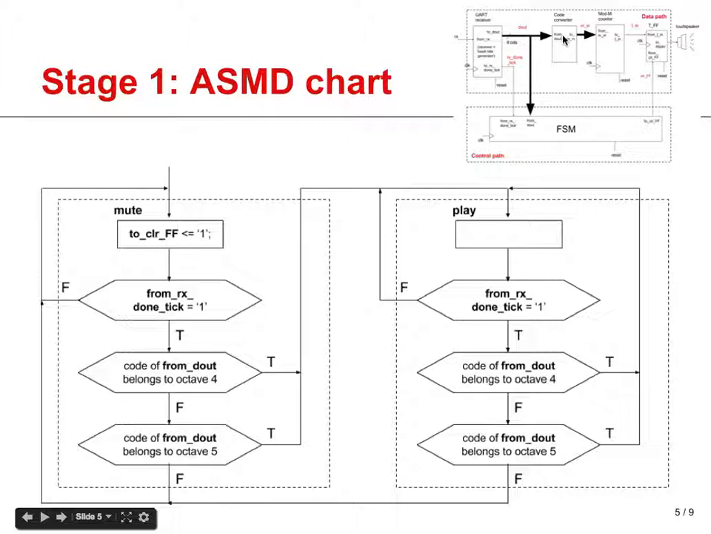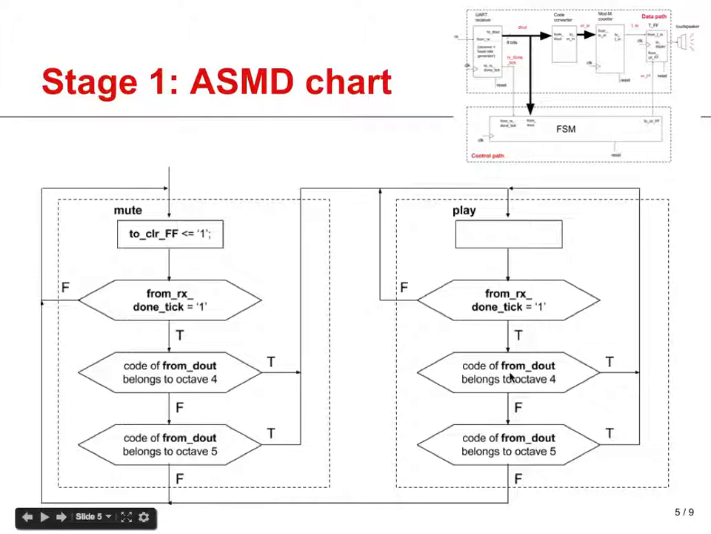So this code is now available at the inputs of the code converter, which generates the counting limit for the modulus counter corresponding to the current ASCII code that has just been received. Now, while we are in the play state, we will continue to ask, has there been a new code received? If not, we continue to wait, and the musical note that has just been received continues to play until a